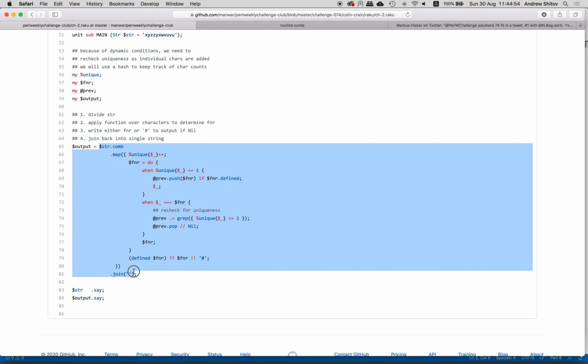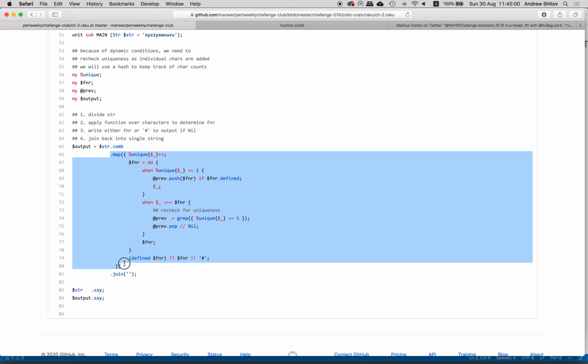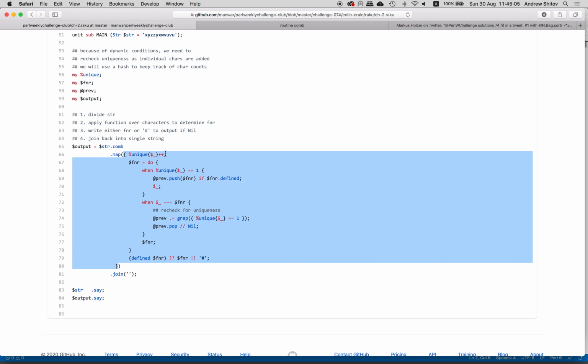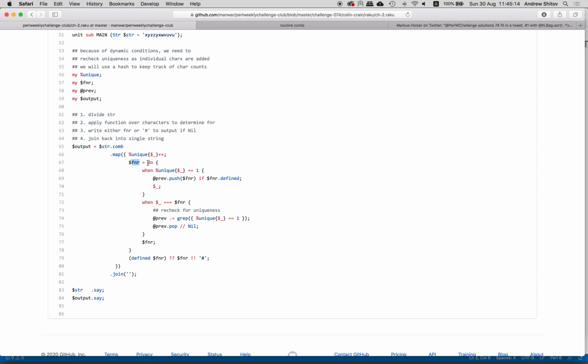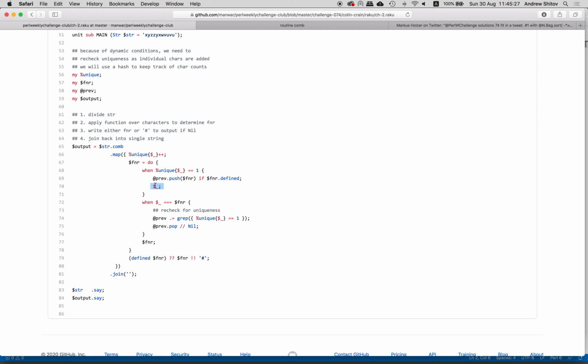Then we do a big map, and then we join again. This is extra. So for each of the characters we do this block here. We count them, right? So unique seen characters of this, basically how many times we saw this character. Then the FNR is a result of the do block. So when it's unique and it's seen once, we just take this and return the character. Otherwise, when the character